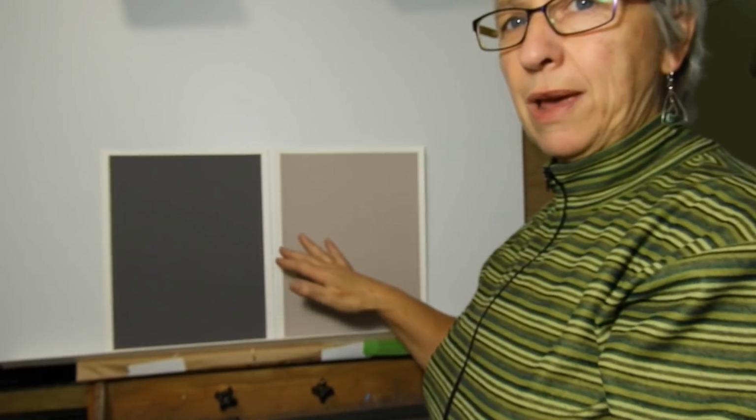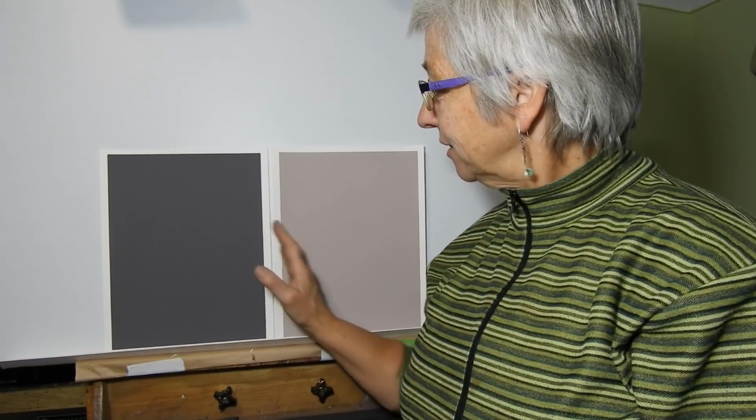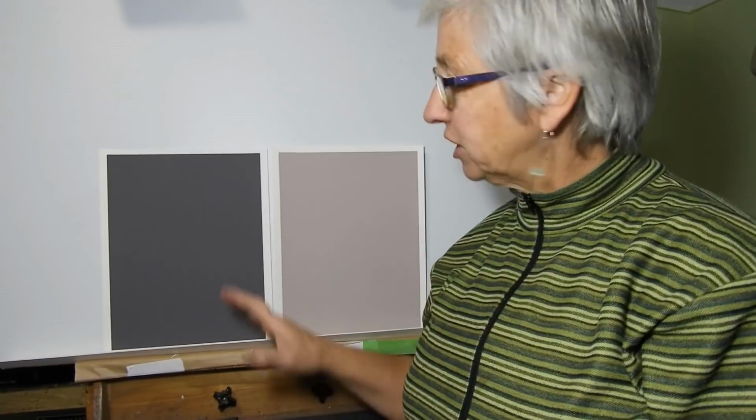So right now what I'm trying to decide is what paper to use, what colour, and we all know that colour is really important, the colour of the background that you choose. The colour I really wanted has been taken by my class on Friday. I always take a lot of paper along and they just buy it at cost from me. So I wanted, there's a little mauvey violet one in between that I really wanted, so I'm going to choose